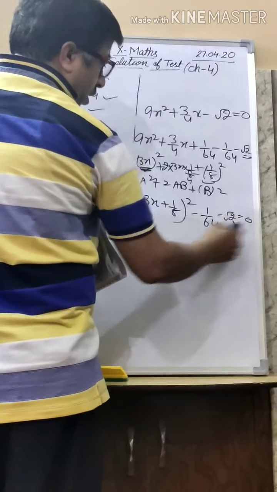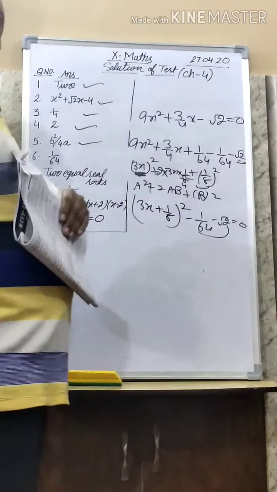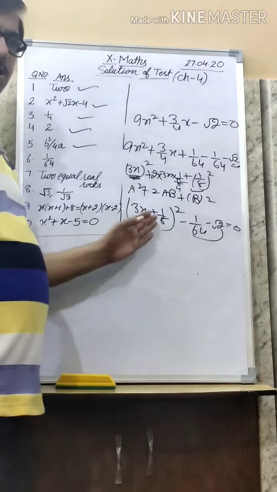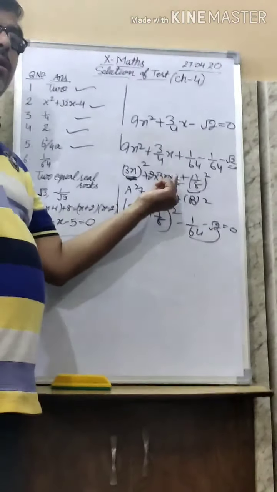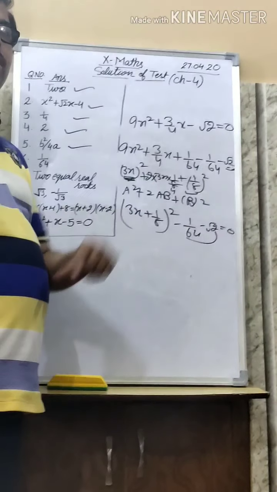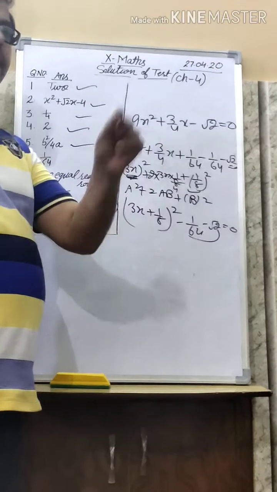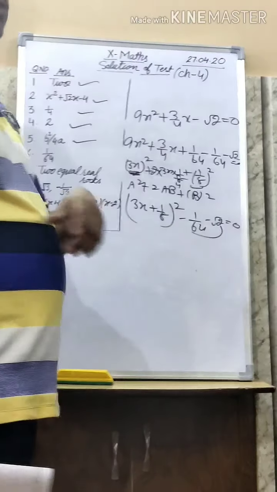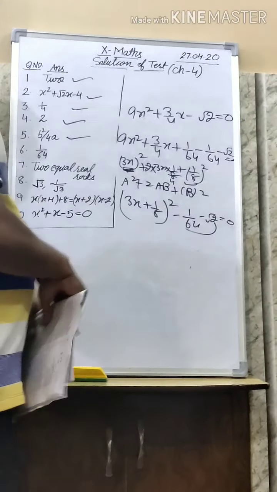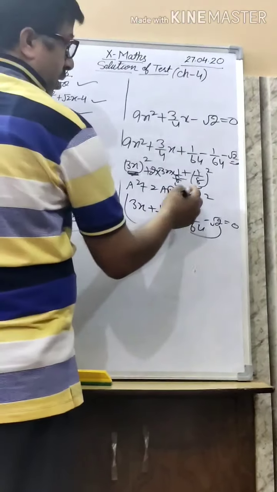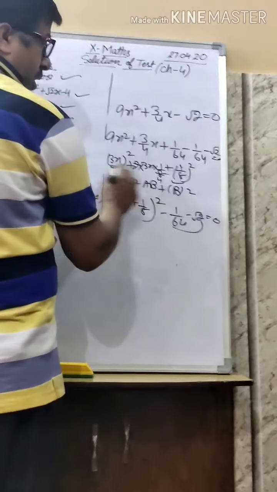Then by using this also, we will find out the roots of the quadratic equation, that is later on. But the only question was this: what must be added and subtracted to make it a perfect square? So this we have to learn. Understand? So a plus b whole square.